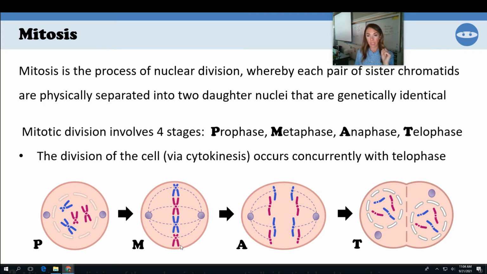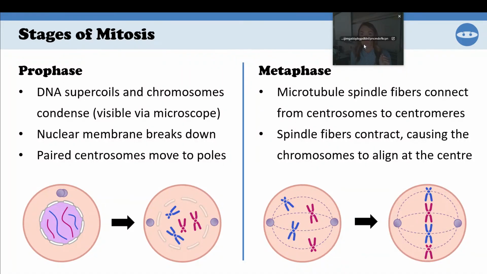And then in metaphase, they all meet in the middle here. And then in anaphase, they start to come apart, my sister chromatids. I've got double here, and they start to come apart. They are pulled back to where they're going to be their new cell. And then in telophase, I start to see that membrane form again, and I'm just about to go into 2. Telophase, we kind of look like, well, you guys don't even know what an old telephone looks like, but it kind of looks like that. The division of the cell occurs concurrently with telophase, and then cytokinesis.